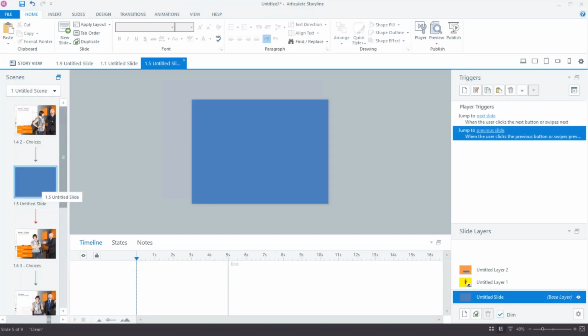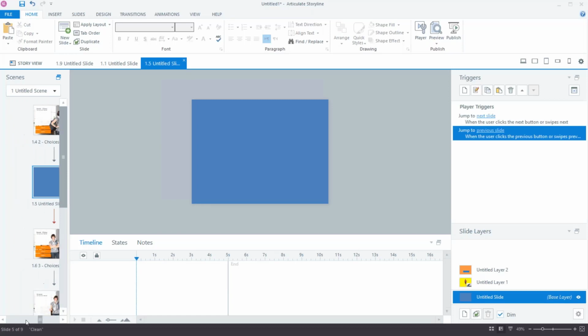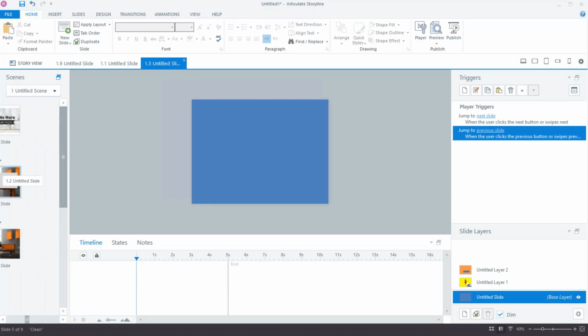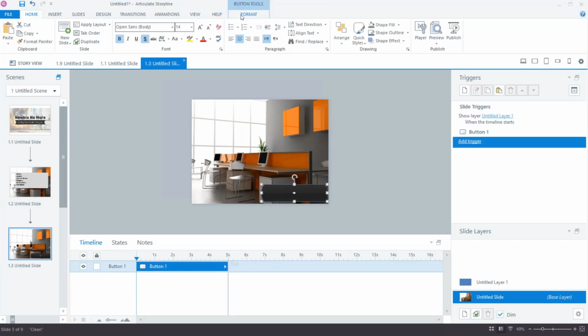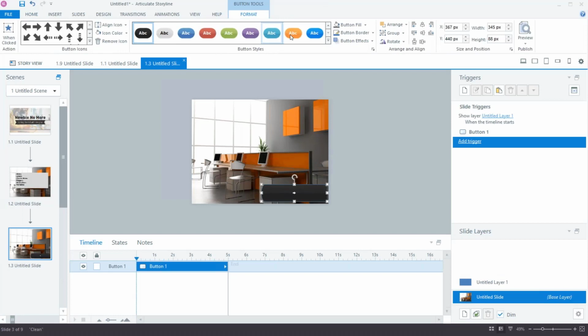All right. So we're going to move. I'm going to go back to this blank slide over here. And so I've got this button put in, and I'm going to go in and format it so it's a little easier to see. So we'll make it orange. But you can see right now that I've got it showing an untitled layer when the user clicks on it.